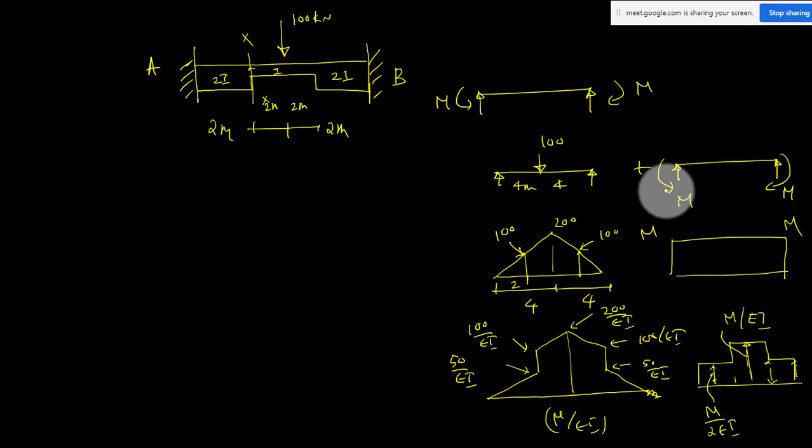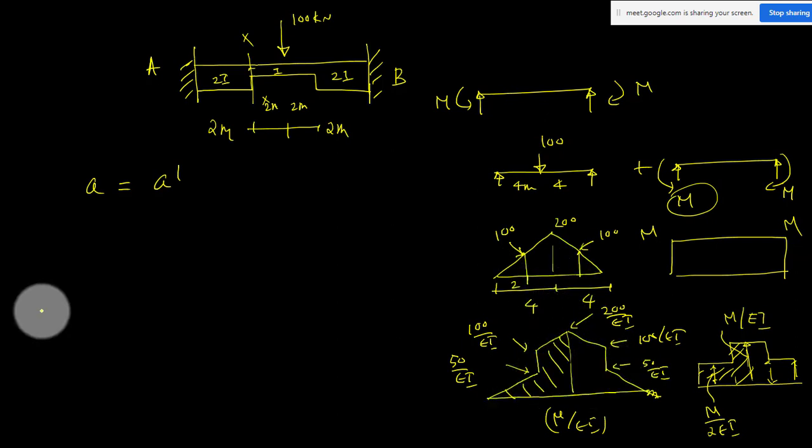So now you have to solve for M, and you have to use only one theorem. First theorem: A and A dash should be equal. You can find the total area of this, and the total area should be equal to this area. So I can just find this area and multiply by 2, you will get the total area. Similarly here I can find this much area, multiply by 2, you will get the total area of this. So the total area of this diagram is 2 into this half area.